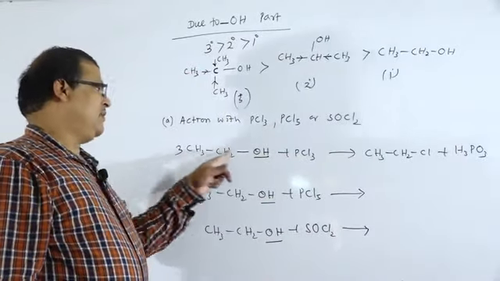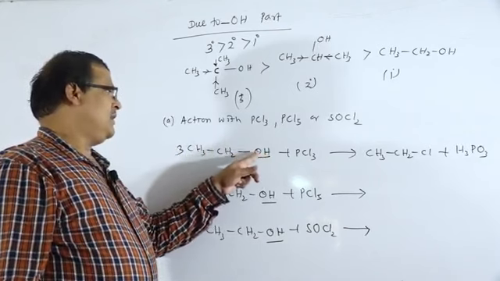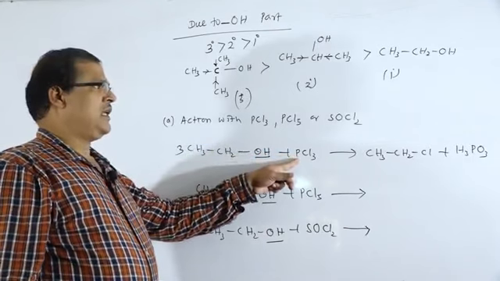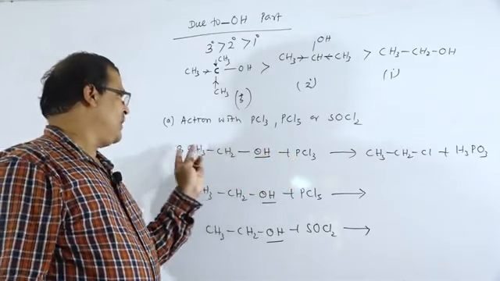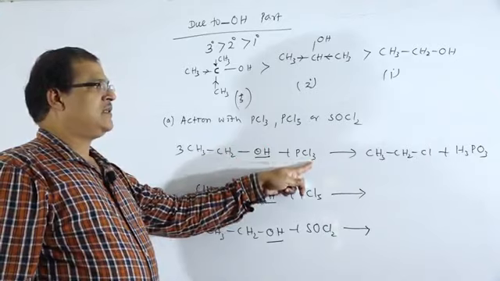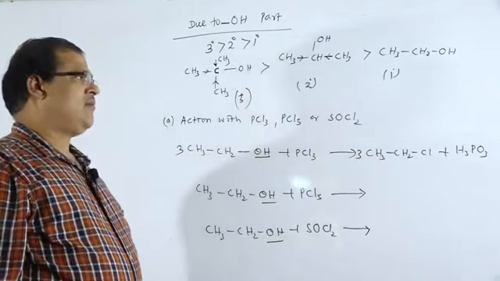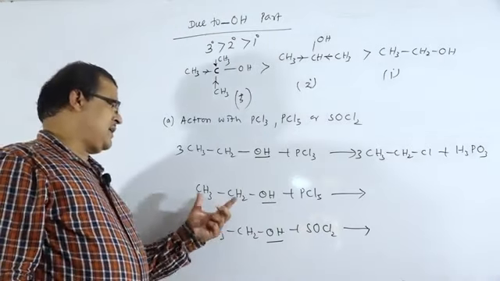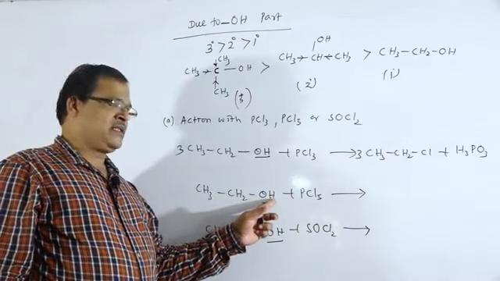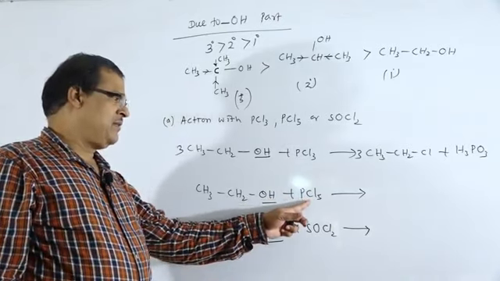H3PO3: 3 H, 3 O and 1 P. That is H3PO3. The 3 OH groups get replaced by 3 Cl, so there is the formation of 3 molecules of ethyl chloride. And if we take the case of CH3CH2OH with PCl5,